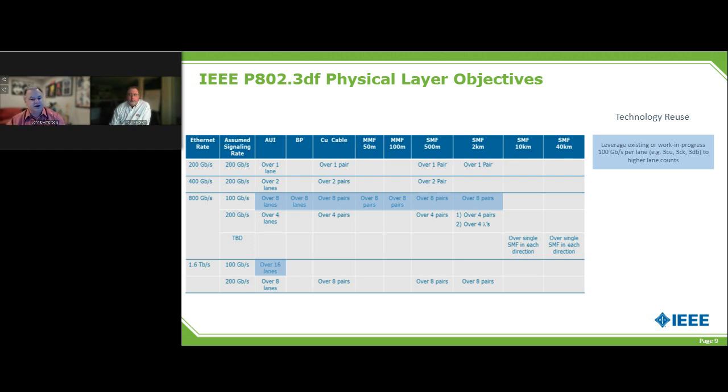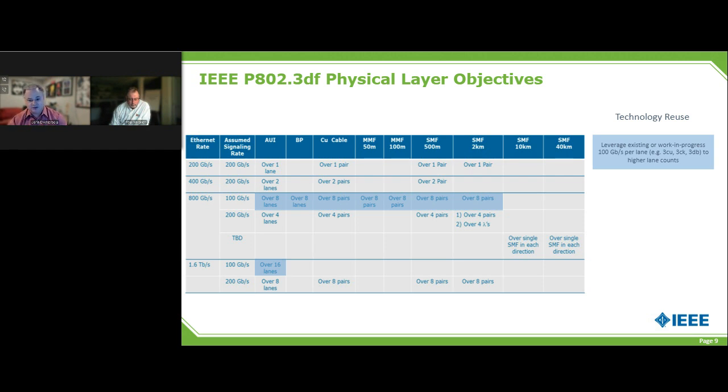In CK, they're doing a lot of electrical work. They're defining AUIs, backplane solutions, and copper cable solutions, all based on 100 gig. That project was formed when 400 gig was the max, so they have 1, 2, and 4 lane variants. And then we have the 802.3 DB project that is also doing multi-mode fibers for 100 gig. So we're going to reuse that work. If you think about it, there's a table and you add another column to address the number of lanes. That's really what it comes down to from a spec writing perspective.